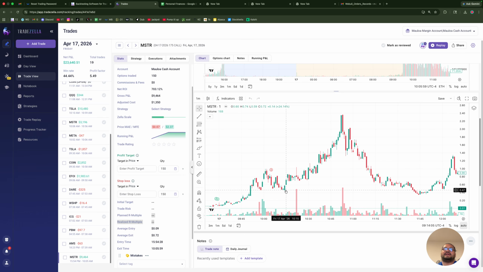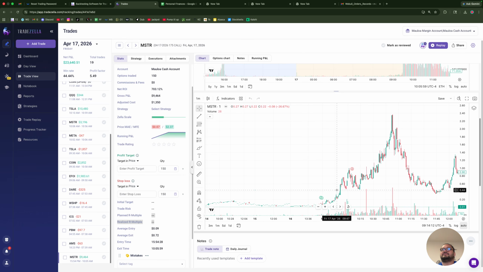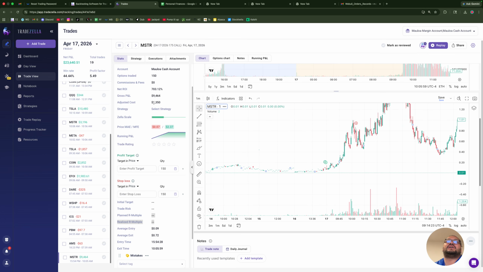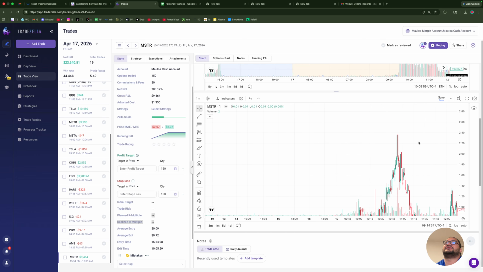It ended up coming back down and then making a push all the way up to 240. But I'm glad I did what I did. This was pretty much a gamble, but hey, we green. If it was gonna stop out, I was only in it for $1,000. If it was going down even more, I'm like, you know what? I've already made 25 the previous day. I can risk $1,000. So if MSTR was going down, but MSTR, if you look at the price action here,